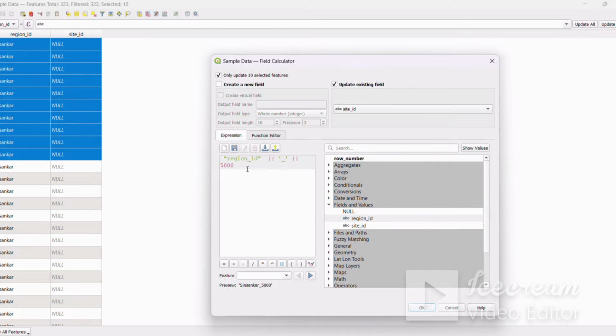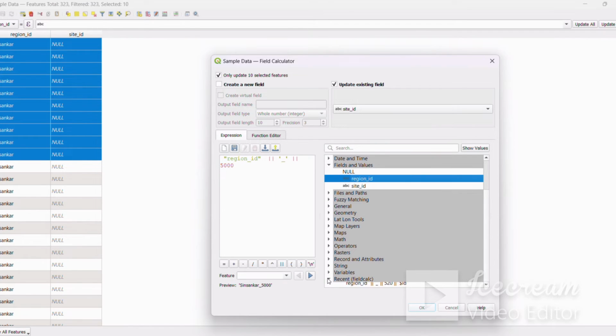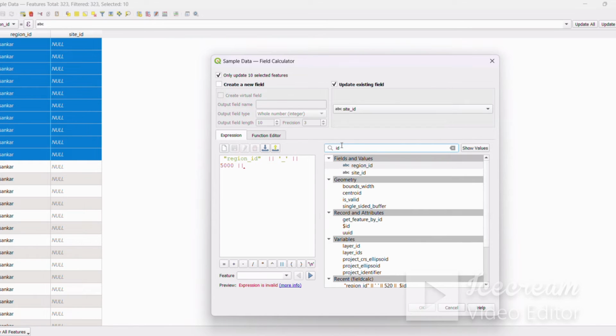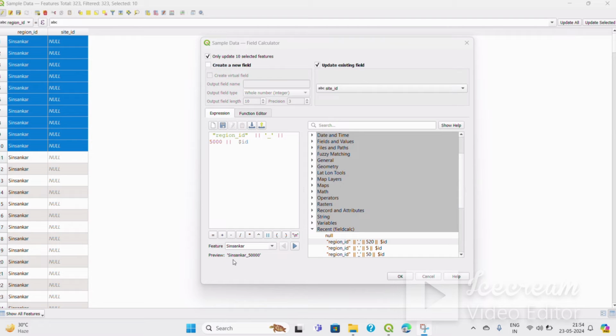So then you have to click the same string concatenation, and then you have to search the ID. You have to show the $ID. You have to click the $ID. Okay, so there was showing the Shiv Shankar. So there is showing the preview Shiv Shankar underscore 50,000, because here is 5,000, and